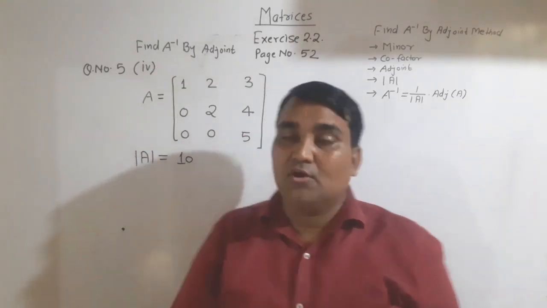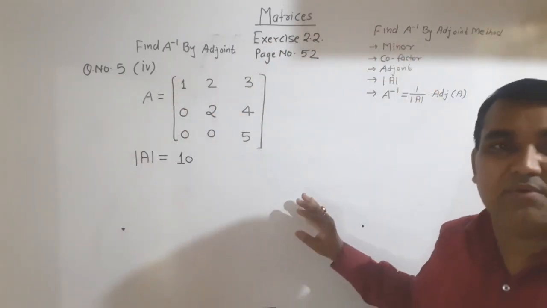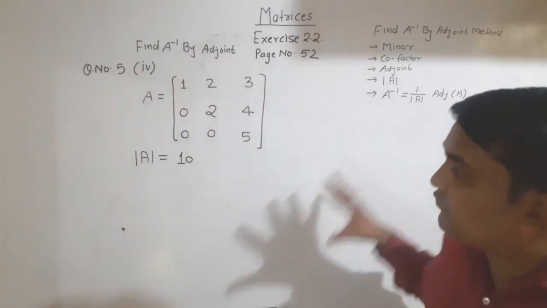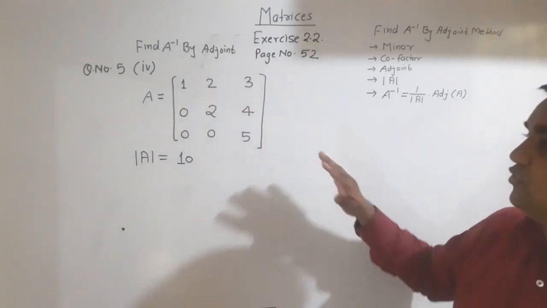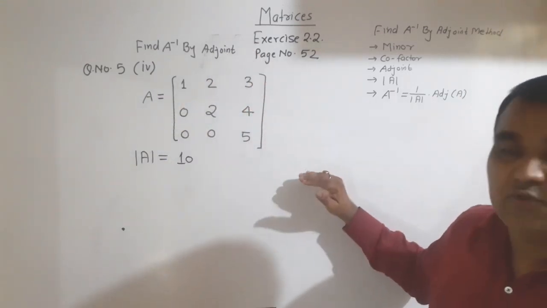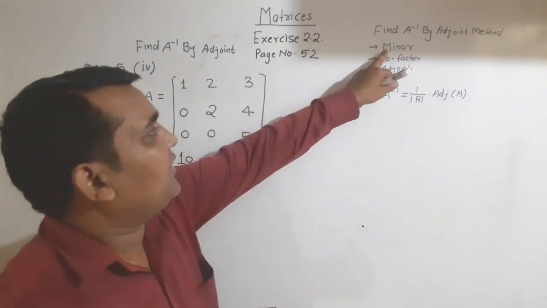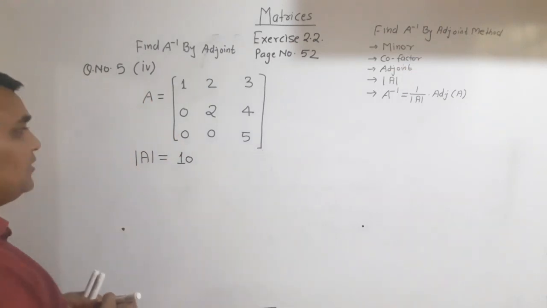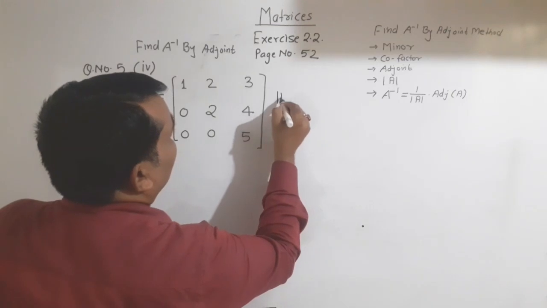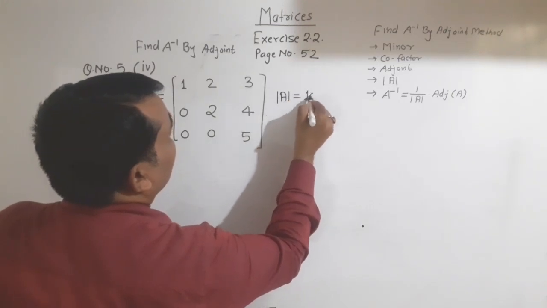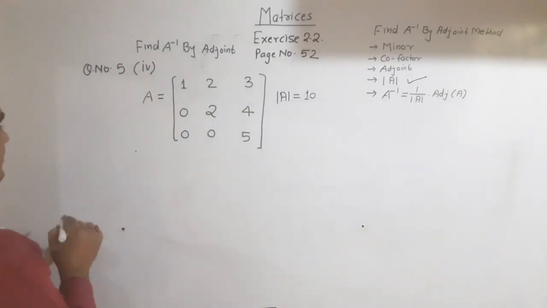Dear, just believe me, I am going to explain this one question. You will be able to solve this type of question, find A inverse using the adjoint method, easily if you understand this one. So you just concentrate. Now my aim is to find the minor. Now see how to find the minor, and just write down determinant of A over here, because I need this. Determinant of A is 10. I got one thing.